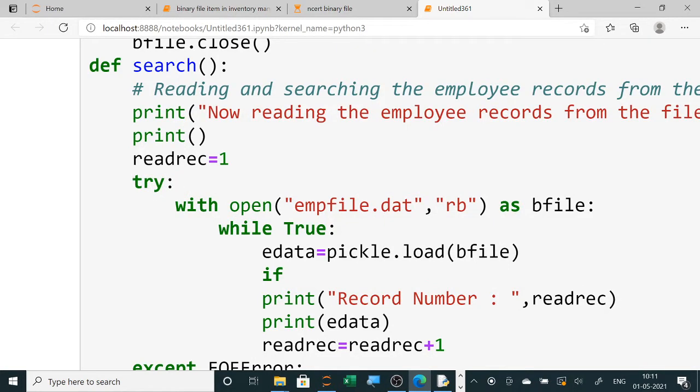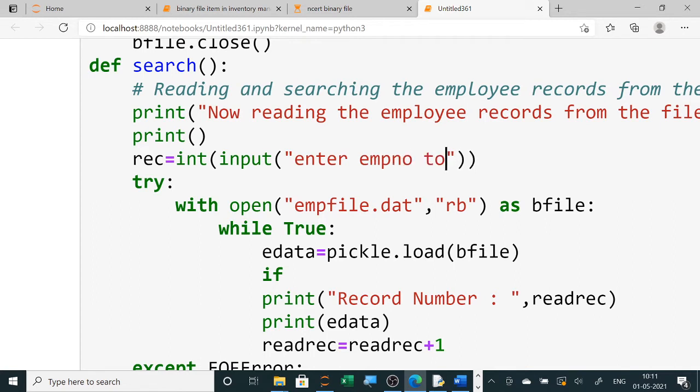So here record user wants to search. So I am using a variable record and I am asking the user int input enter the employee number to search. Enter empno to search. So which one you want to search, you have asked the user.